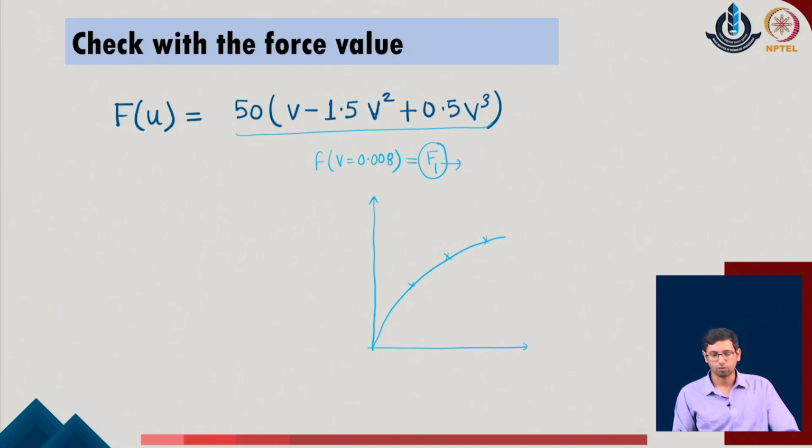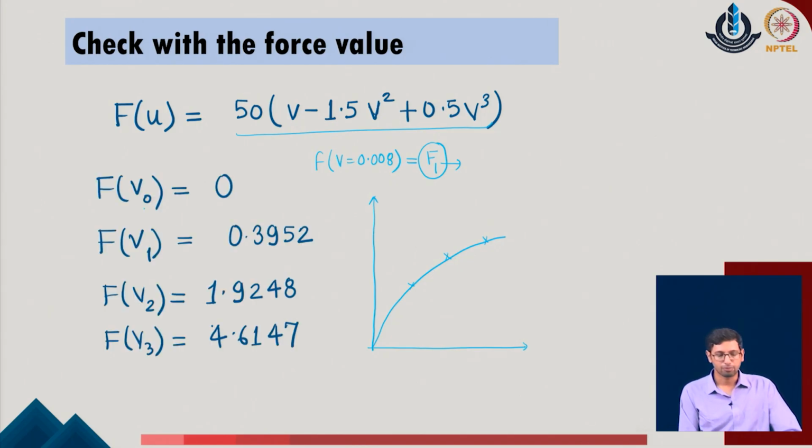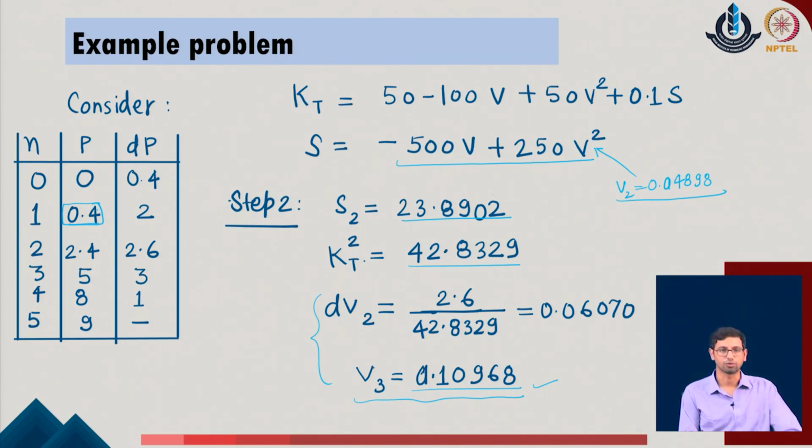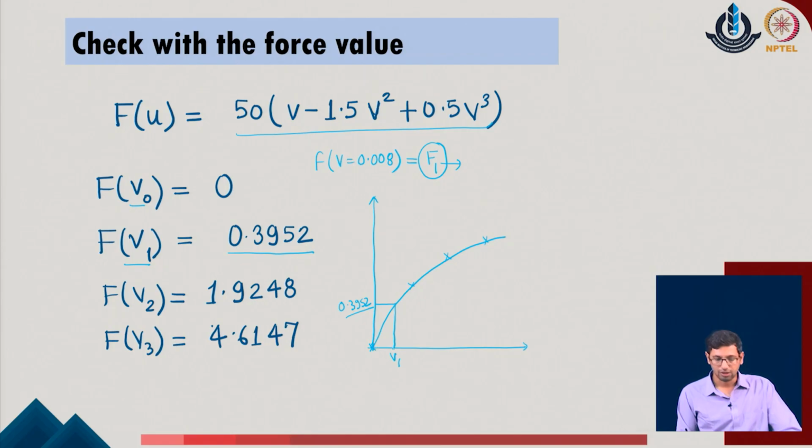But necessarily if you now look at the answers, you will realize that when we put the V naught equal to 0, the first value comes out to be 0, which is the same, both of the points are similar. When I go with the first point, we realize that the value of f of V1 comes out as 0.3952, which means that the force value with respect to the original function or the original force field at the value of V1 is equal to 0.3952, whereas the increment value which has been provided is 0.4, which means that at the same position the V1 value is provided by the formula or by the given curve as 0.4.